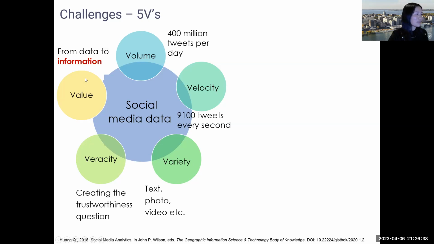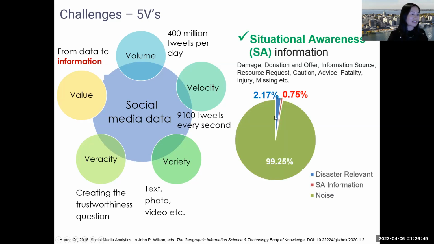And finally, which is the most challenging one, is value. How can we derive information from massive data sets generated from social media platforms? In the context of disaster management, the useful information that can contribute is considered situational awareness information. Information such as damage, donation offer, information source, resource request, caution advice, fatality. Those are considered useful information that can contribute to disaster response, recovery, and damage impact